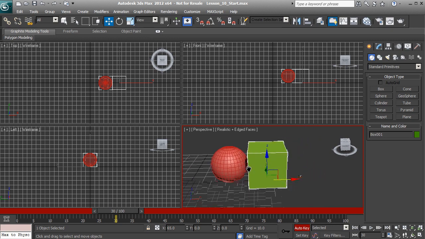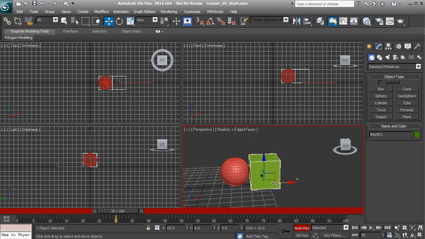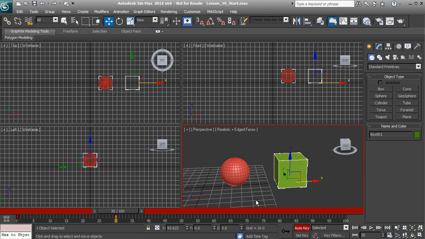And what I want to do is just animate this box moving back just a little bit to kind of feel the repercussions of our ball falling into it. So let's go ahead, and what I'm going to do is start my movement here. So at frame 30, let's move this back here. And what you'll notice is that we have a keyframe that is made on 30, and we have a keyframe